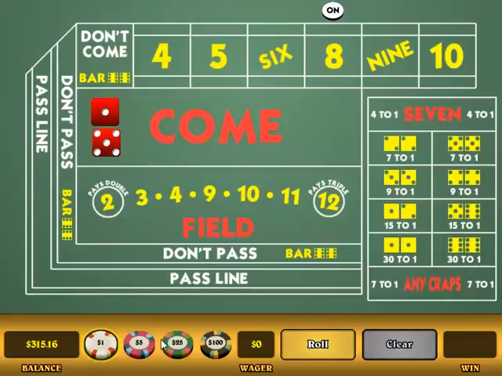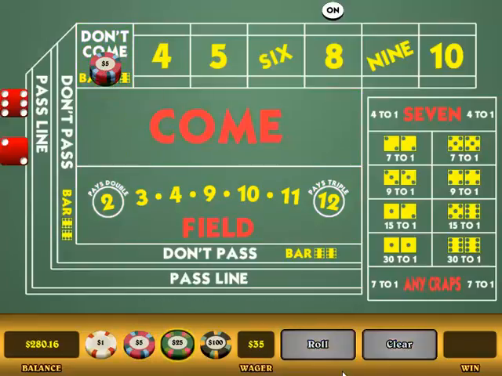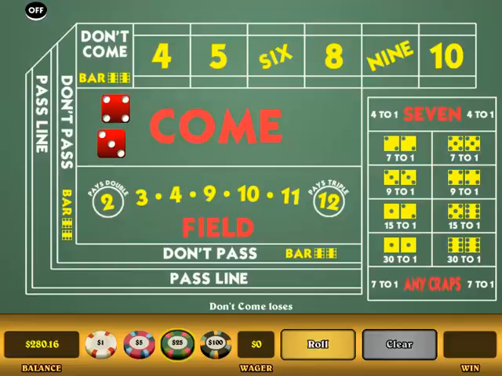This shooter's rolling point numbers. You're not supposed to roll that point number, not the one that my DC's on. Oh wow! Boo! Boo! We lost all of our winnings. $8